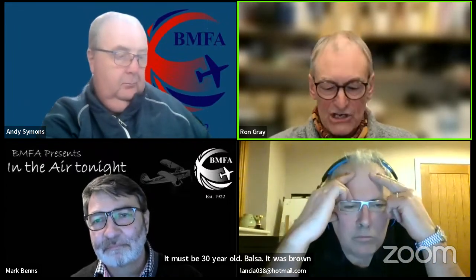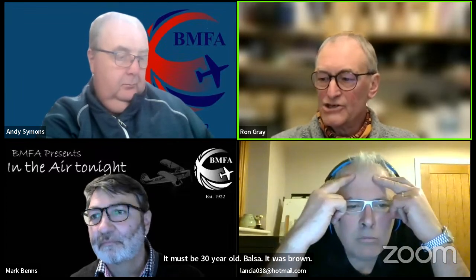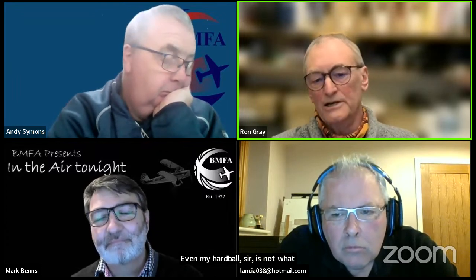Eighth of an inch thick, brown. And cutting that, I've got no other balsa like it. Even my hard balsa is not like that. It was like mahogany. So the cutting was completely different to the newer stuff. Completely different. Yeah. So balsa, the lesson for balsa wood that I would give to everybody in general, that you